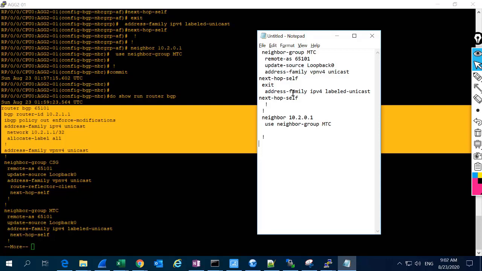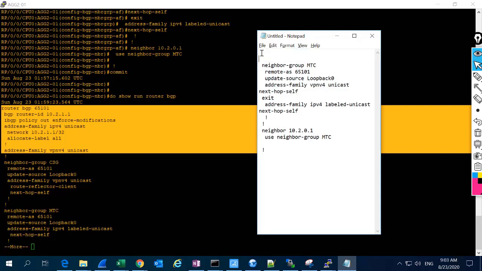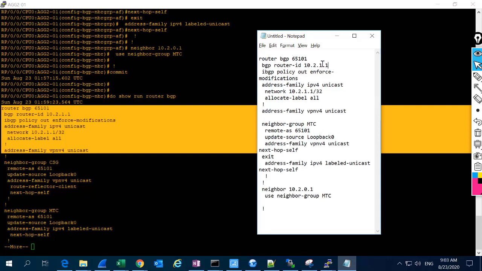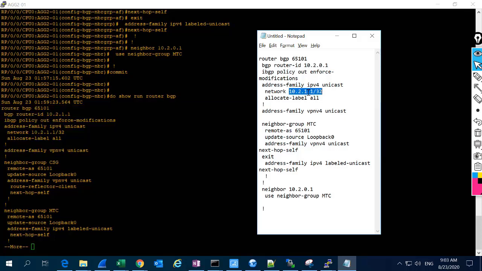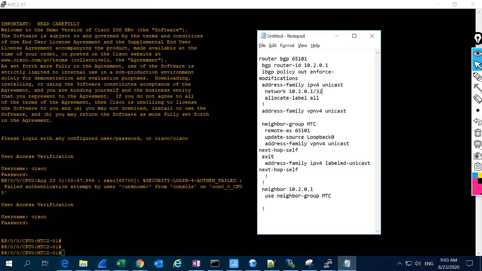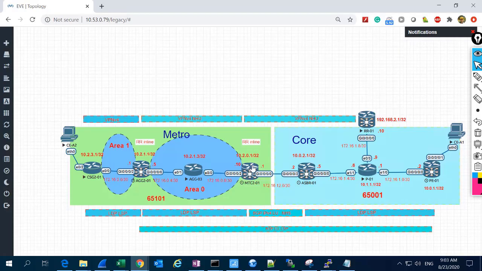To be faster, we'll copy the configuration from AGG and paste. So next, to advertise the IP address of Metro Core, we need to advertise the loopback address of Metro Core